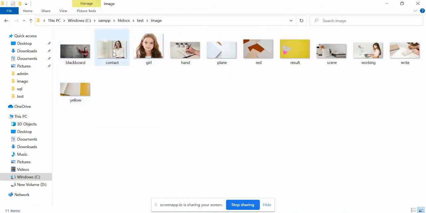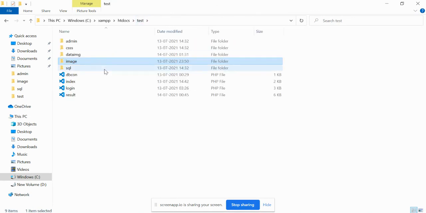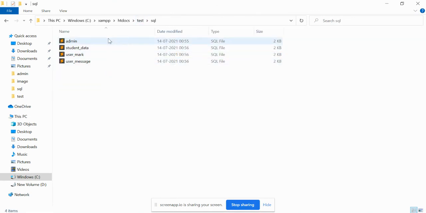This image folder contains the images I used in my task, and these are the SQL files.